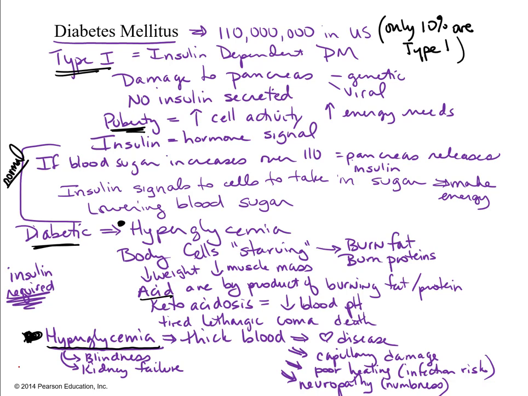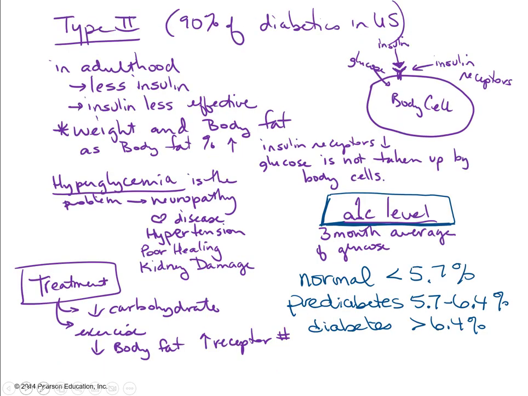Now, I told you this is roughly 10 million people in the United States. They have to take insulin or all of these things end up becoming life-threatening. The 90%. As far as her question